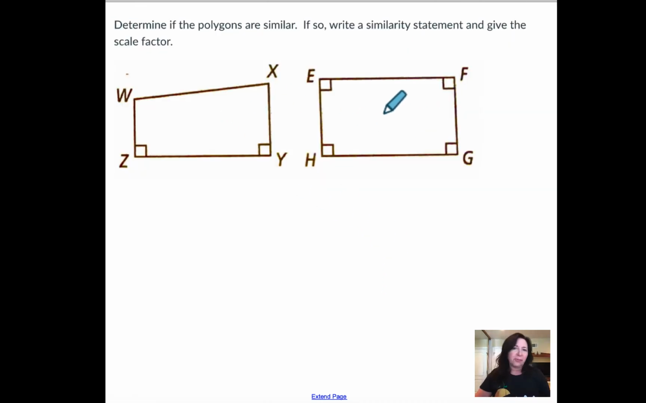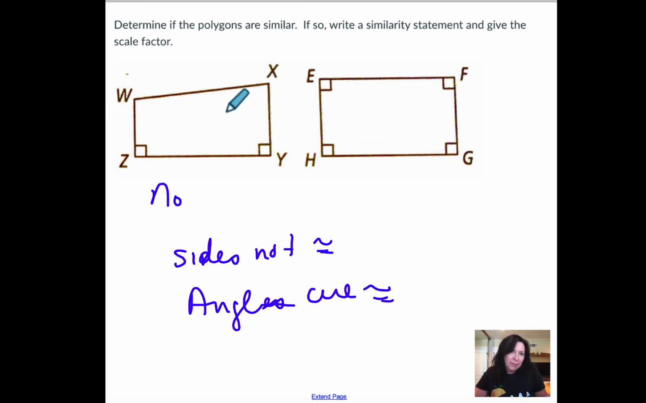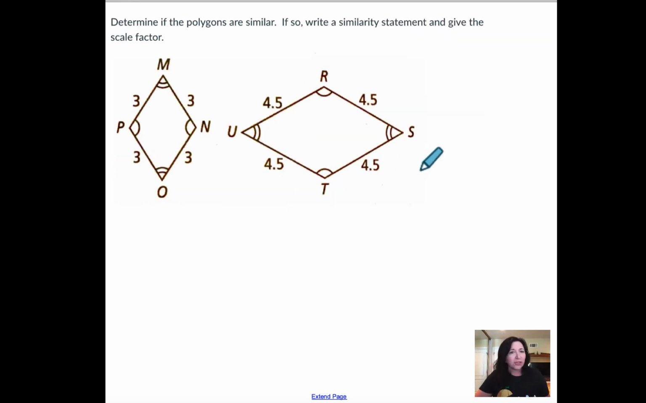Determine if the polygons are similar. If so, write a similarity statement. Okay, so these are definitely not similar. That's a big no. Because for polygons to be similar, the sides are not congruent. What is congruent are the angles. So the angles are congruent, but the sides are not. So we don't even have 4 angles congruent here. So that's a no. For this one, also, for 2 polygons to be similar, the sides also have to be